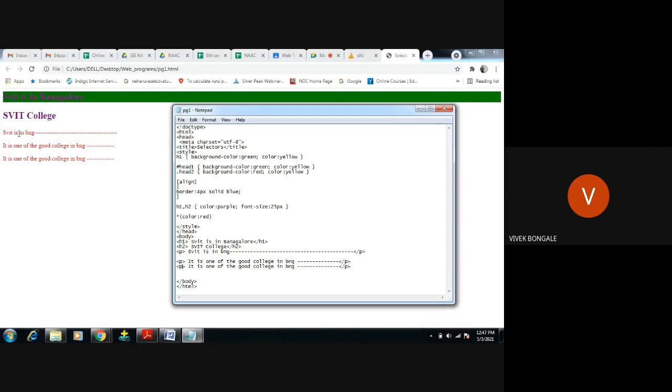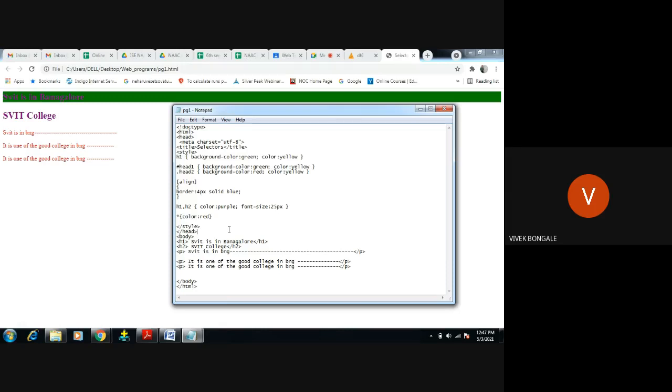All are displaying: SVIT is in Bangalore, SVIT college. It's one of the good colleges. Whatever is there, it's displaying in red color. Because for h1 and h2 we applied the group selector. For the statements where we have applied other selectors, this universal selector will not disturb that particular tag.